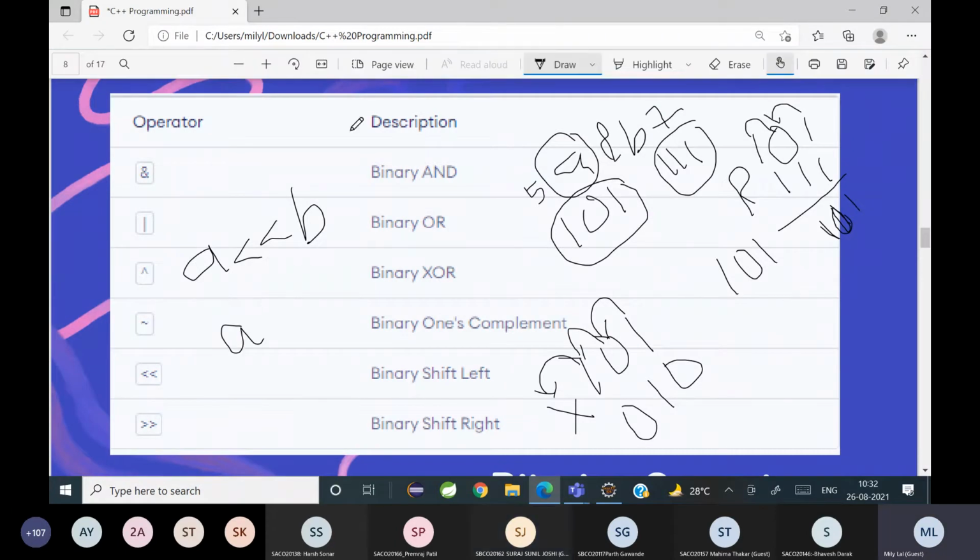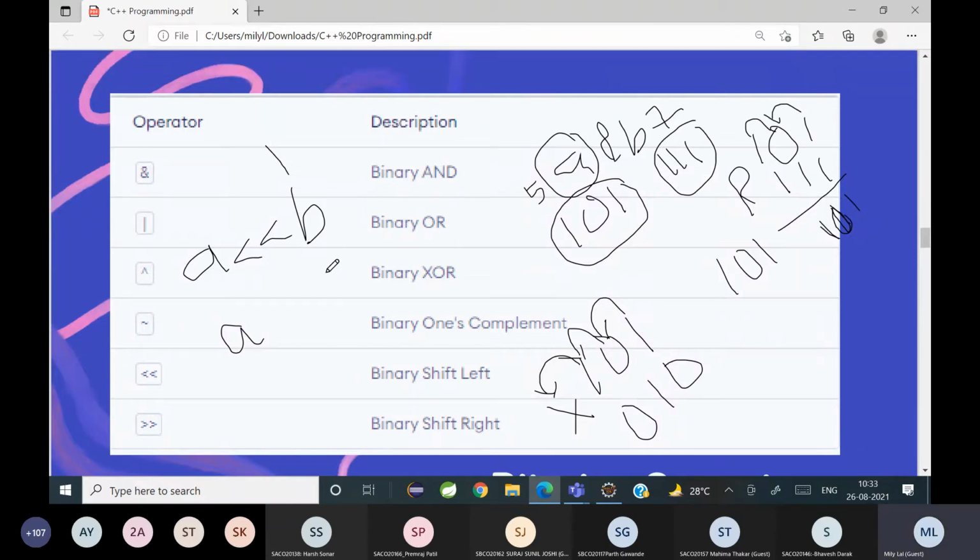Suppose I have 5 and I want to shift it once. समझ में आया? So B denotes the number of bits to be shifted, right? Shifted, yes. Clear?